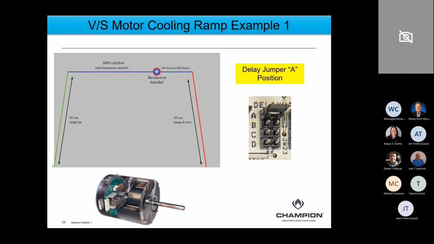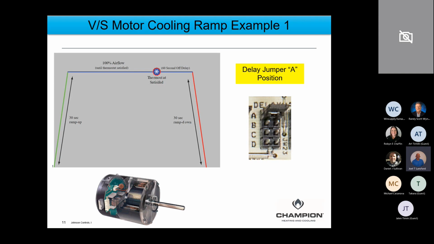So if you take a look at this little graph, you'll see that for 30 seconds after it's commanded to come on, it's going to take 30 seconds to ramp up from 0 RPM up to 100% airflow. Once it ramps up, it will maintain 100% airflow on delay jumper A position. And this is just the normal position. This is the default position that it comes from the factory. So it'll go from 0 RPM up to 100% airflow, and it will maintain that 100% airflow until the